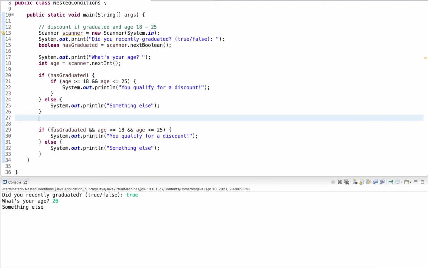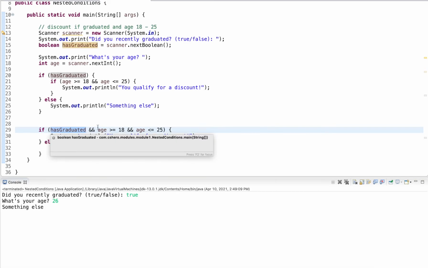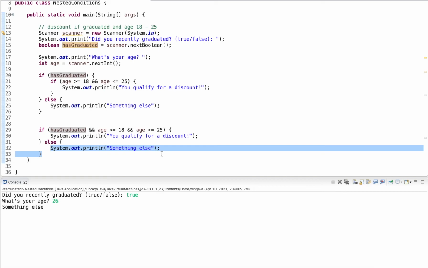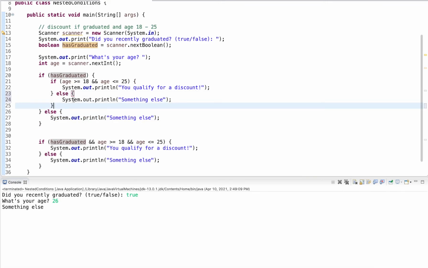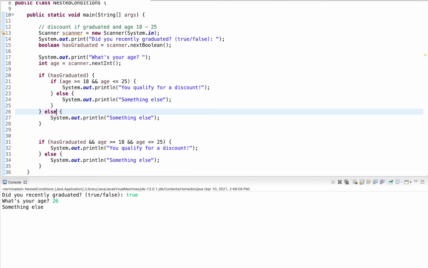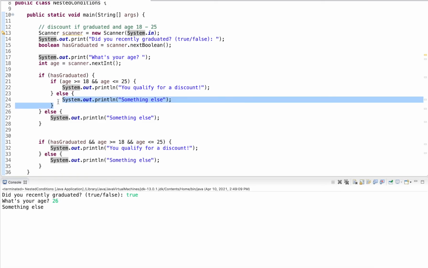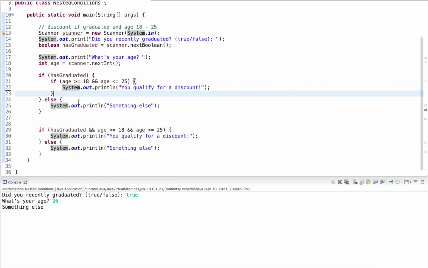Now here it is different. If this one is true, but this one is false, now all of a sudden we enter the outer else. So essentially the simplified version is basically this one here, where we have two else blocks, here and here. And these two have to be the same. If they are different, we cannot simplify it. If we only have one of them, we cannot simplify it.